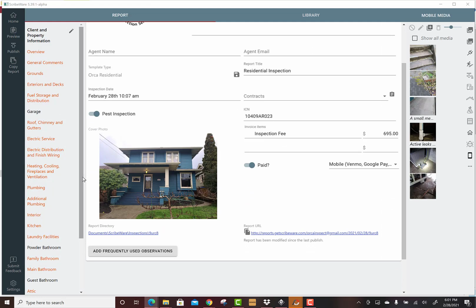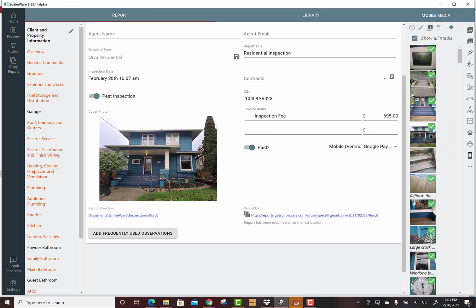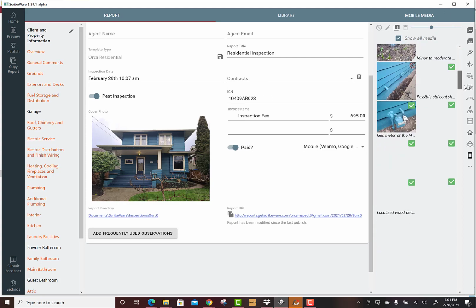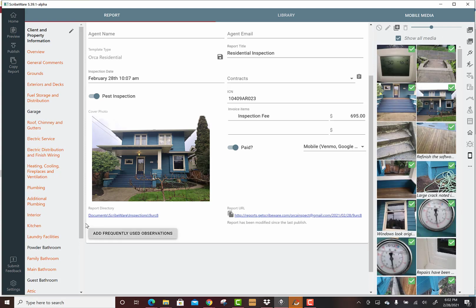So this is a report that I copied, but it's a report that I would basically be done with. So on all of the ScribeWare reports, when you're done, all the mobile media would be right here, right? These are all the pictures that ended up getting used in this report, and all the green check marks show they've been used. So tons of pictures in here, right? All of those live in this little report directory. So I'm going to click on this report directory,